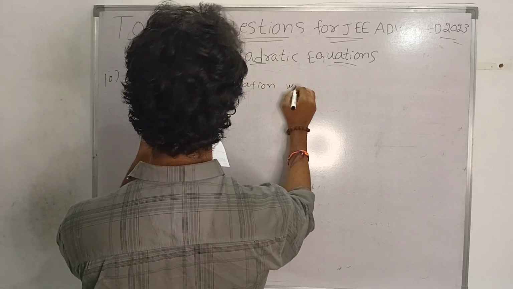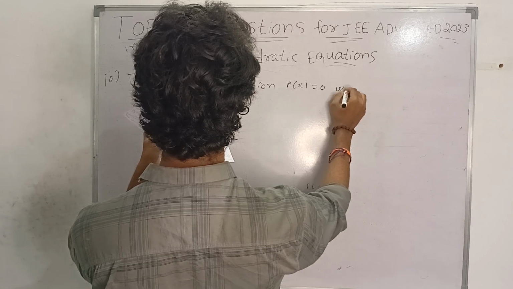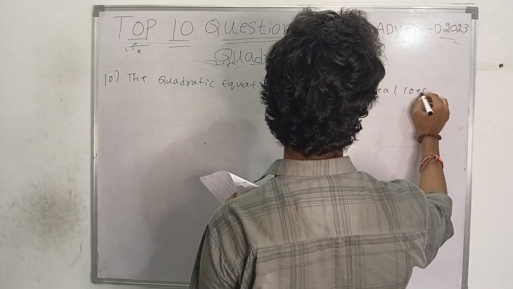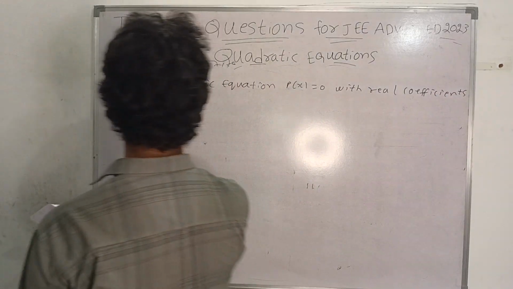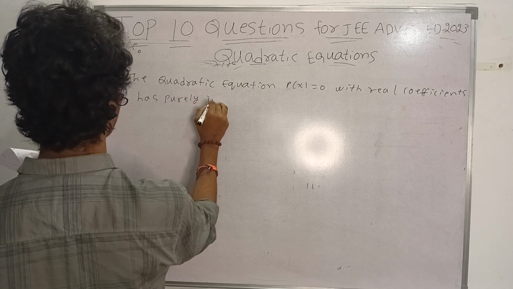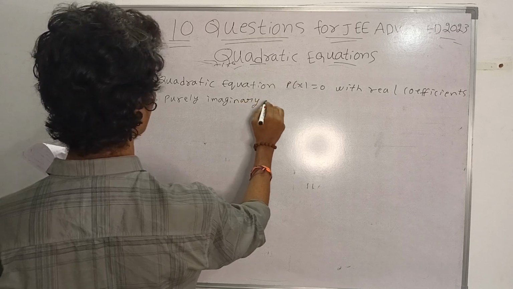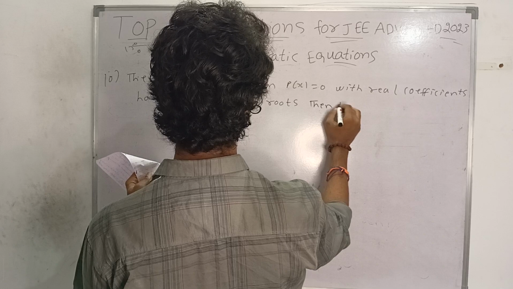The quadratic equation P of x equal to 0 with real coefficients has purely imaginary roots,